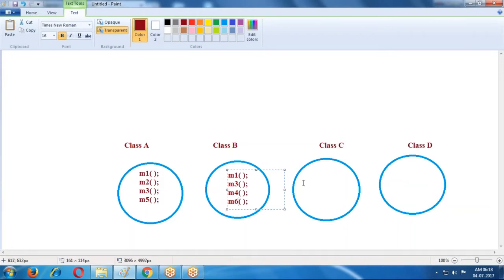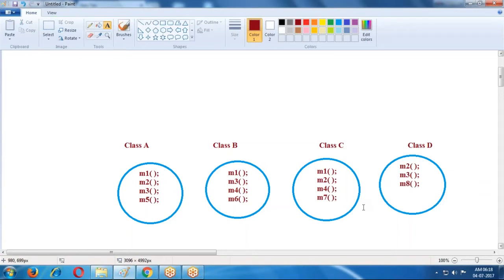In class C, M1, M2, M4, M7. And here M2, M3, M8. Like this we have different methods in the different classes.